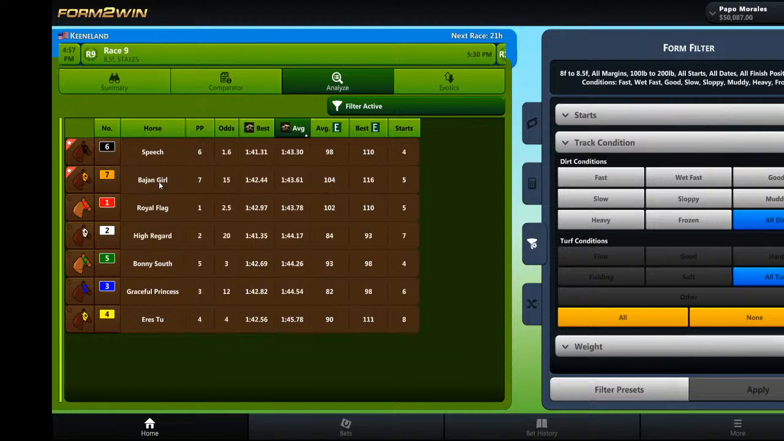But I do notice, watching the replays, she does not switch leads turning for home. She's always on the wrong lead. Now, she still runs fast, so I'm not going to criticize her, but she has yet to switch leads turning for home. So I'm not sure what to make of that. But heck, she fits on figures, so I will try to use her in some capacity,